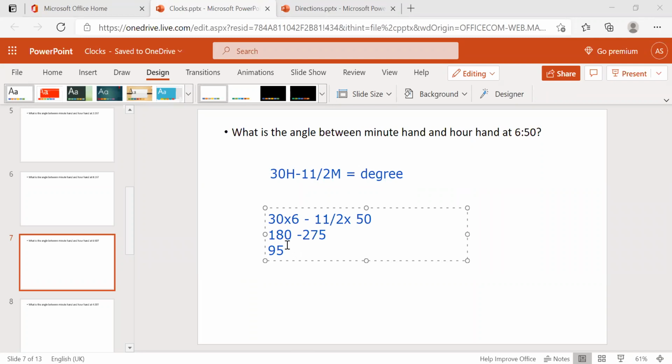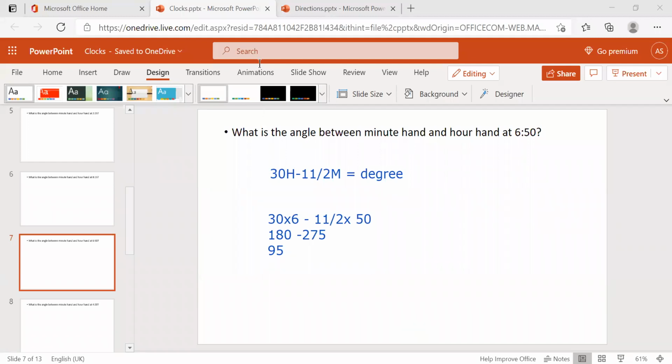And I said it's a modulus. Then here also we'll get 95 degrees. Same, right? By using the formula also it is the same. By using the traditional smart way also it is 95. So which one is easy? That one will be easy compared to these calculations. So 11 into 25, 275, and then 275 minus 180. It will take much time. So instead of this, we can use that traditional and smart way. Okay.